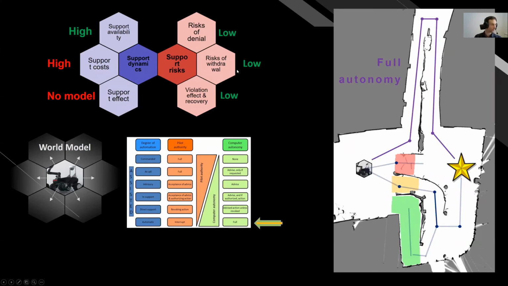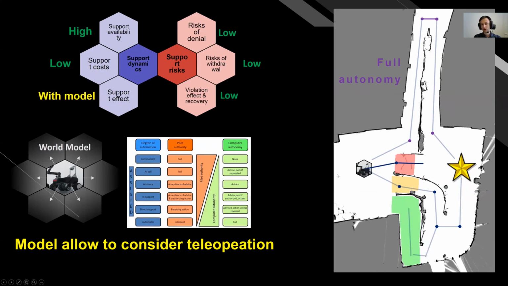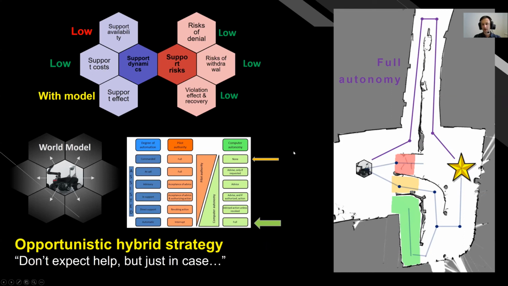There are quite a few variants of this. So for instance, what if the costs are high? You go into full autonomy, or what if there is some risk if you go through orange and not so high in green, then you go down this way. If you have a model of operator support, then the robot can say, okay, well, the operator will figure out how to cross that bit. I don't know how to do that, but the operator can. And in that case, it can ask for a high level of support.